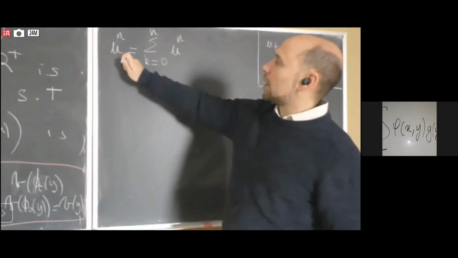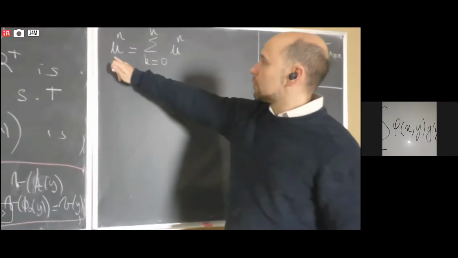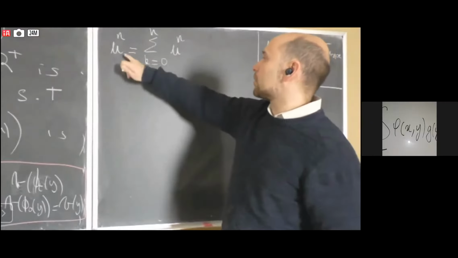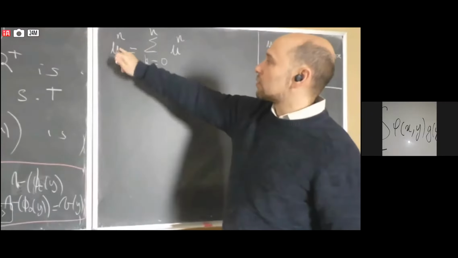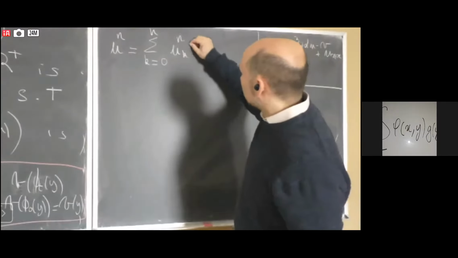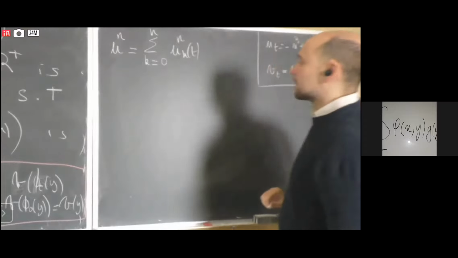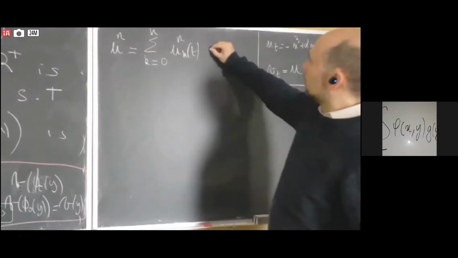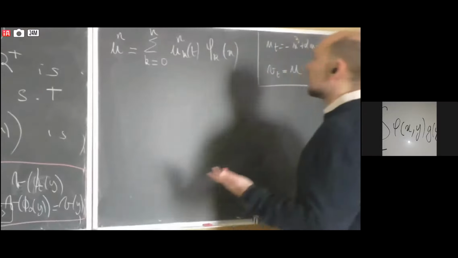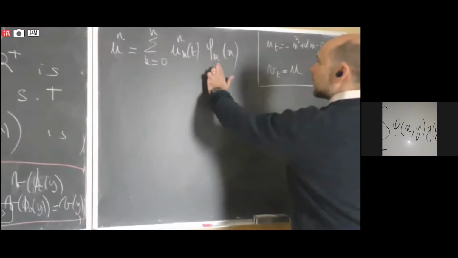Of course, I don't write everything, but it depends on t and x. I work here with coefficients which depend on t, and here functions which depend on x, and these phi_k of x are